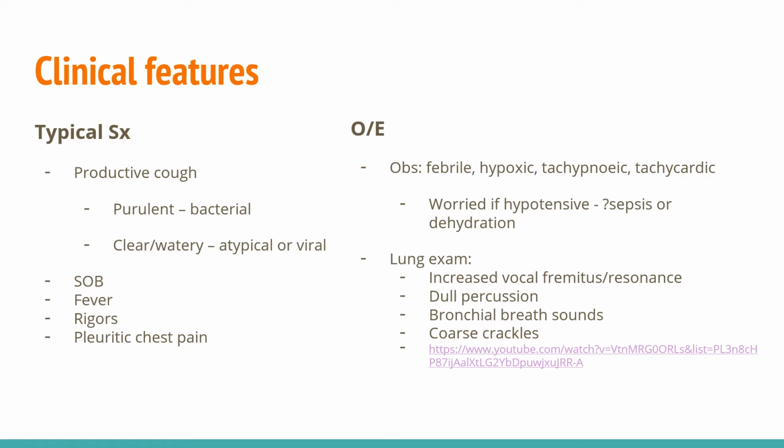So pneumonia is a really examinable, really, really OSCEable topic, so make sure you know it front and back. In terms of lung exam, these are the classical things that you would be seeing with a typical pneumonia or a lobar pneumonia. You would be getting increased vocal fremitus and resonance over the lobe affected. You would be getting dull percussion, not stony dull, which is a pleural effusion. You would be getting bronchial breath sounds, because you can imagine if,